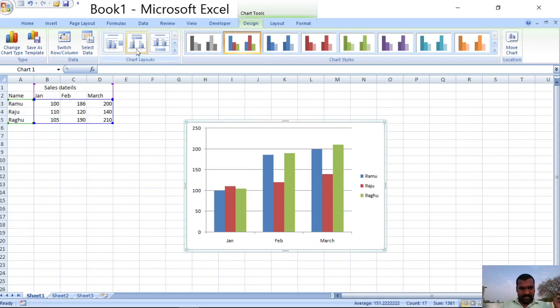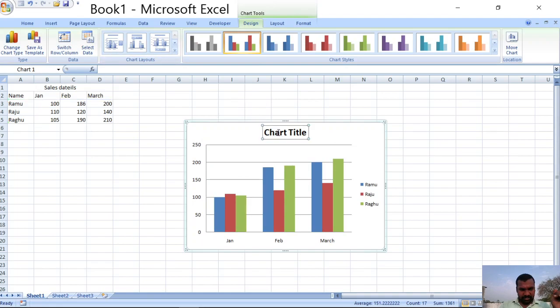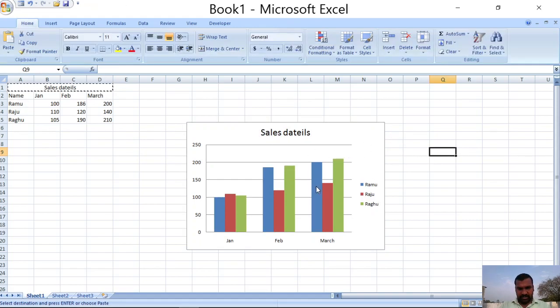Now I am going to the Design tab. In the Design tab we have chart layouts, so I am choosing this chart layout, and here a title option is there, so I am choosing sales details. Now a title is there, x-axis is there, y-axis is there, and the legends are there.